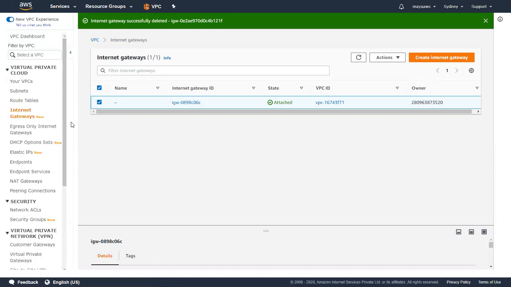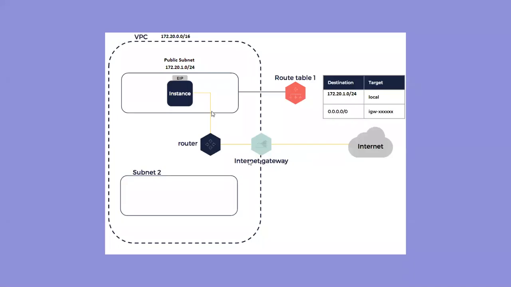So today we learned about the internet gateway, how to launch an EC2 instance in the public subnet, and how to reach the internet from the EC2 instance via the internet gateway. This internet gateway gives direct access to the internet for the instances. Tomorrow we are going to learn about the egress internet gateway. It's an interesting topic. Also, we are going to learn how to migrate VPC to IP version 6.